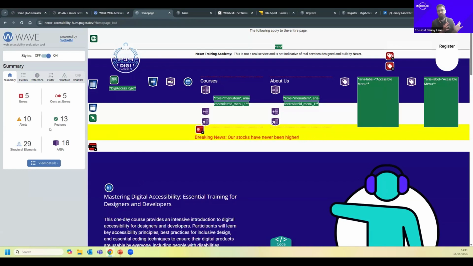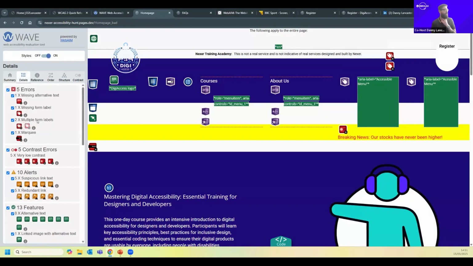And in here, we get some high-level information straight away. Errors, contrast errors, alerts, features, structural elements, and ARIA. Very conscious, like I said, that Nurek's just gone through this, so I won't spend too much detail on this tool. But it's a really nice way for us to start identifying where issues exist. It injects a lot of content onto the page as well,